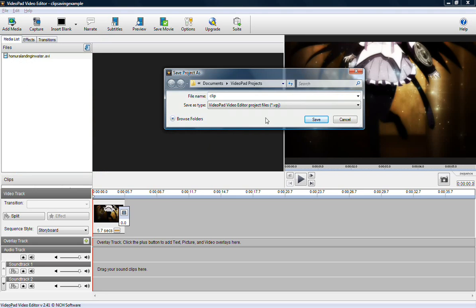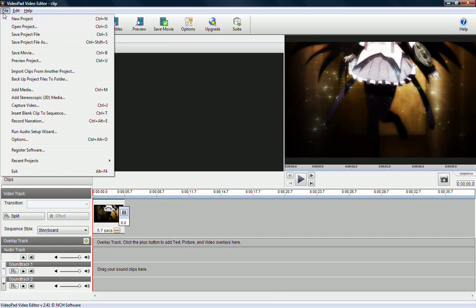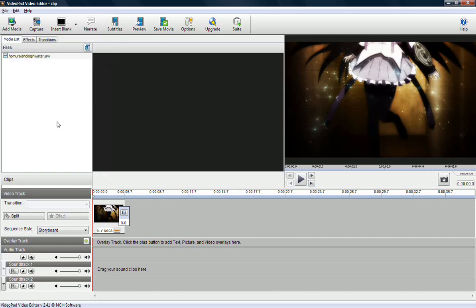Simply type in a name for your project, click Save, and now your project will be ready for editing again when you want to reopen VideoPad. In order to reopen a project, all you have to do is go to File and Open Project. And that's all there is to it.